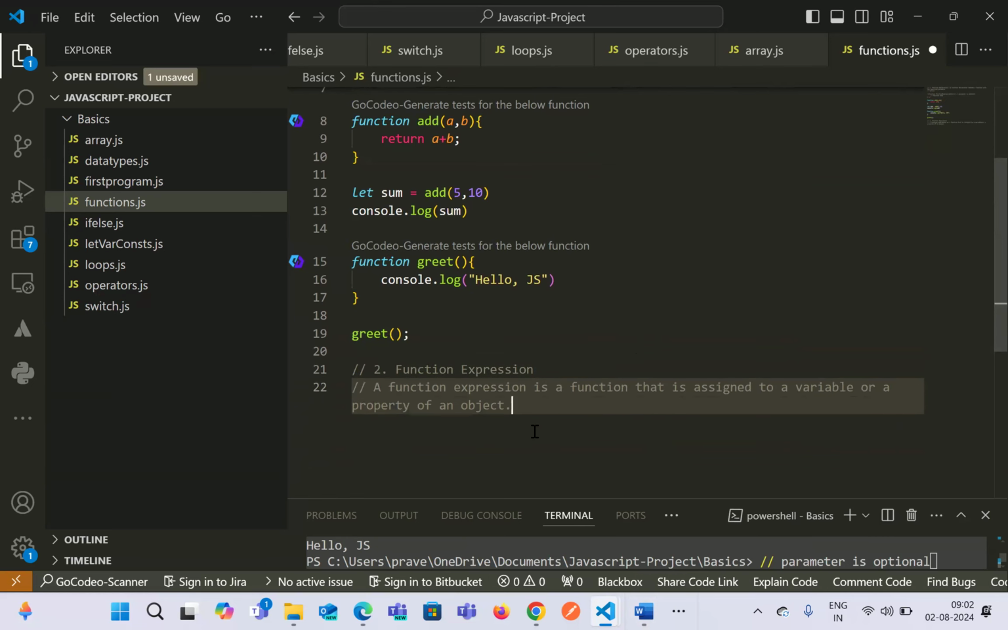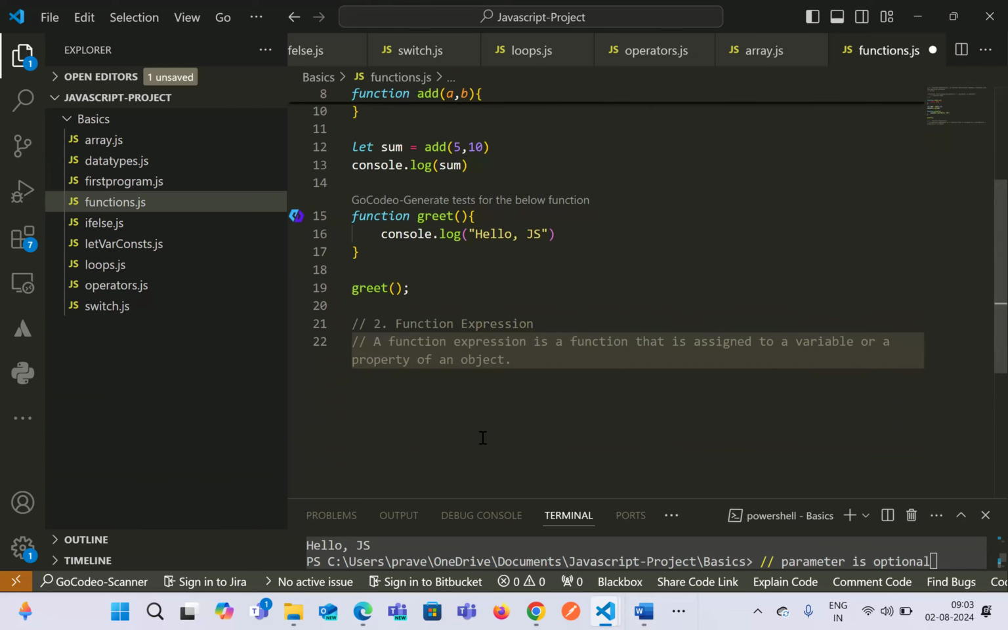So second is function expression, right? So what is function expression? A function expression can be stored in a variable. It says that it can be stored in a variable, and the function can be either named or anonymous. You can see here, a function expression is a function that is assigned to a variable or a property of an object. What is meant by this? So we can see the syntax of the function expression declaration. The syntax is